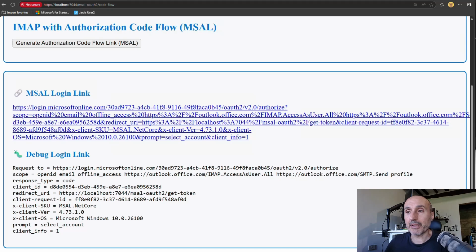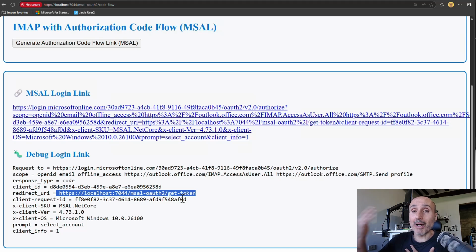Now, if I press this link, all the OAuth2 login happens, and then Microsoft will redirect back to my redirect URI. As you can see, this is local, it's my function. And this is where another part of the code flow authentication happens. Microsoft will give me back one code, and then my code should call Microsoft back, passing that code to get back a token,